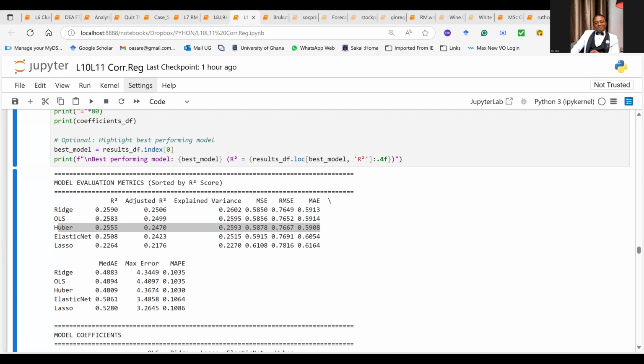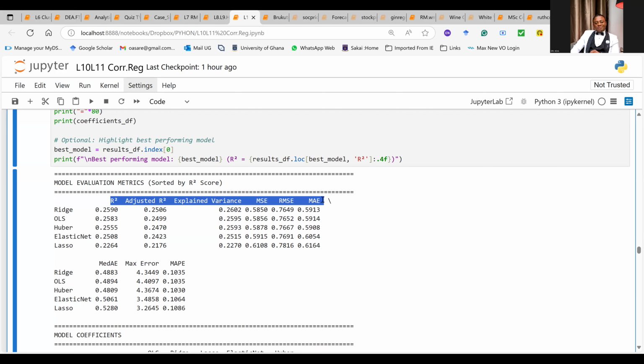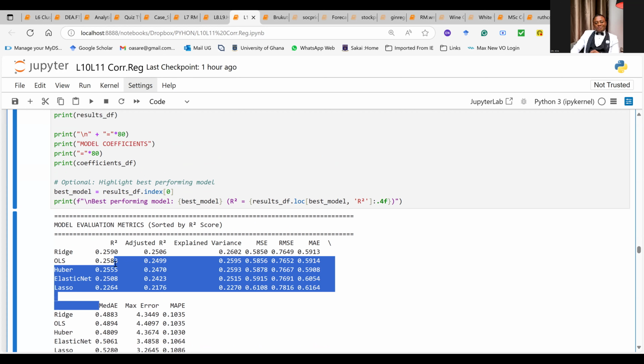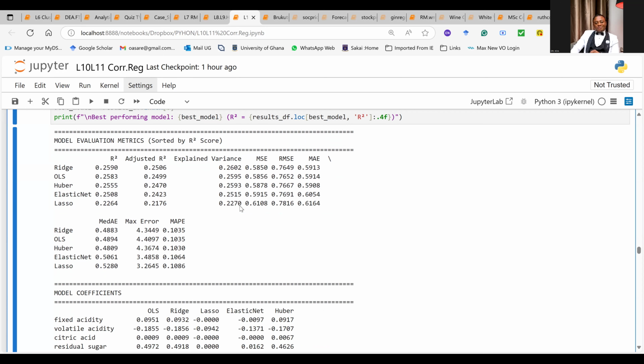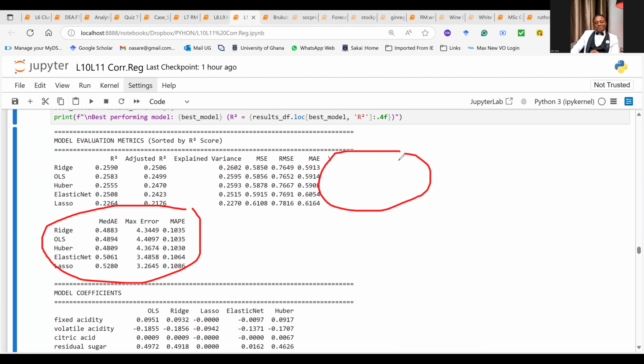But the key point, for example, if you look at mine, it didn't continue. You see, it went all the way from R squared, got to MAE, and then it came down and continued from the median. Okay. So in a proper way, this latter part will have to continue and join this part here so that you can have a very beautiful result.